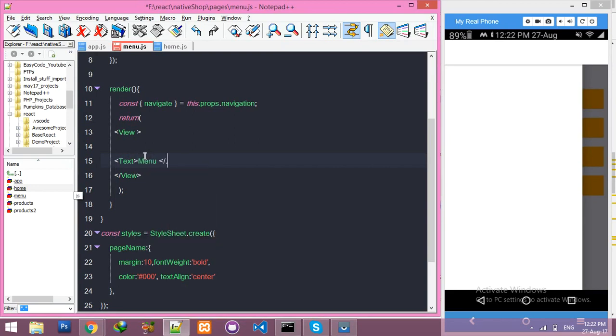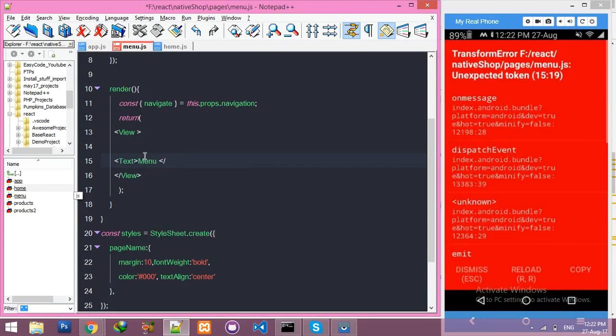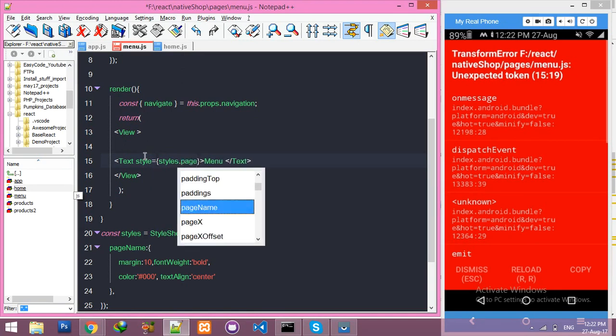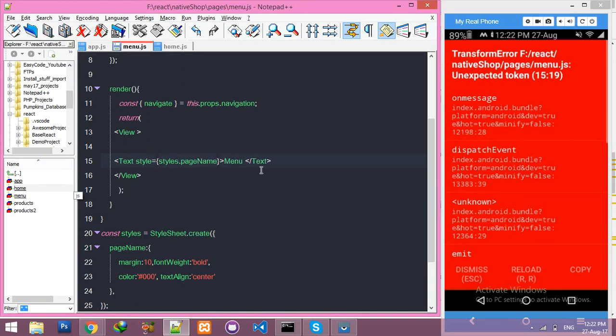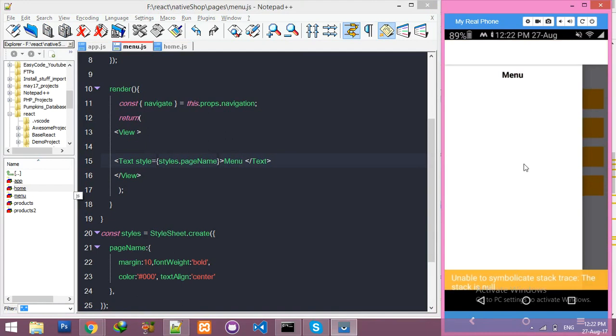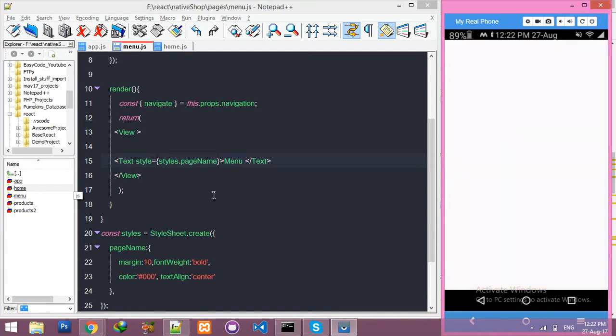New, no problem, we will fix the error. And here the style will say styles.pageName. Save it, reload. You can see you have a menu on the side.